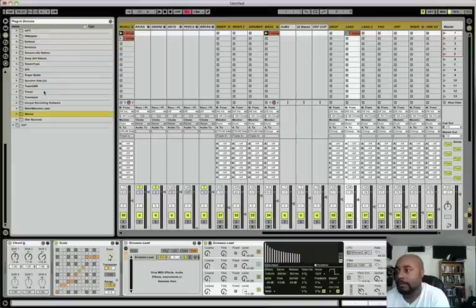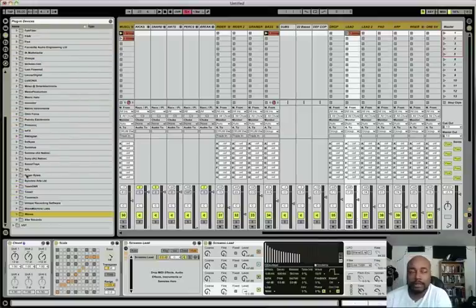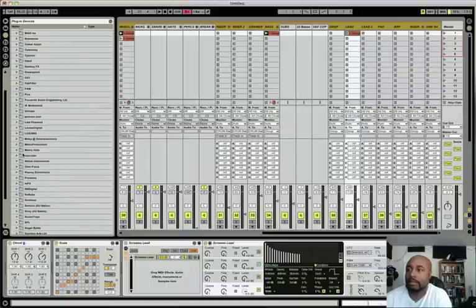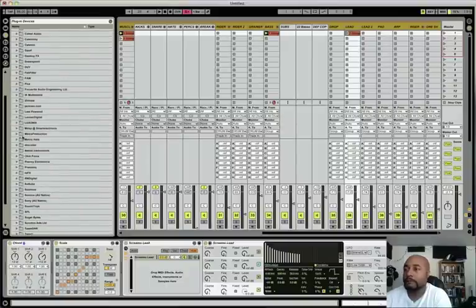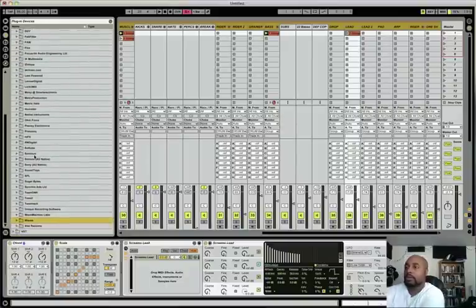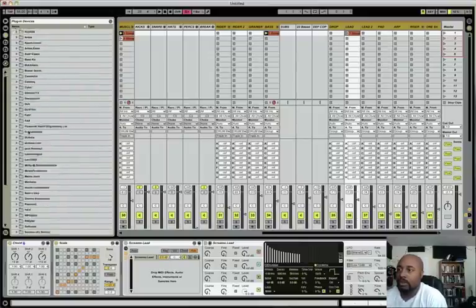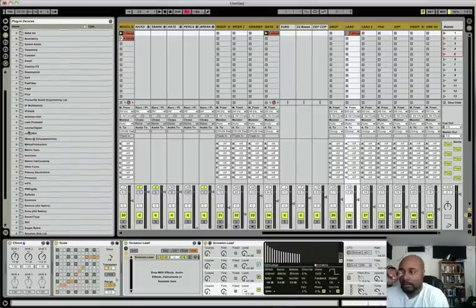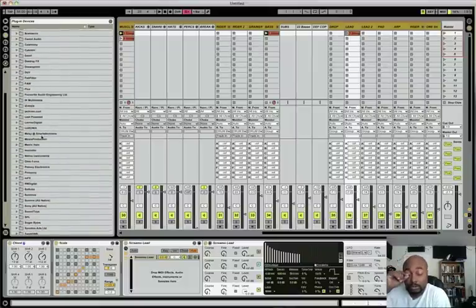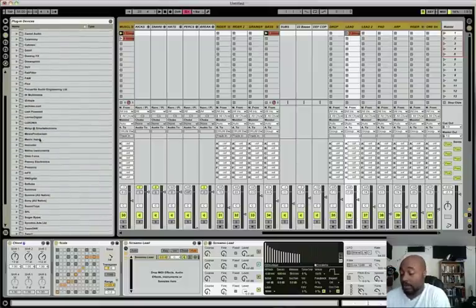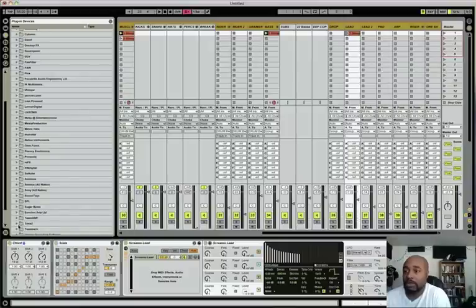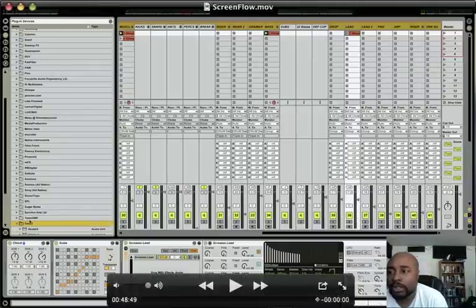I like the Silence. I love all the Contact. Contact is a monster, man. I do a lot of stuff in Contact also, just in those libraries. But here I'm looking for the Tone 2. I wasn't going to use the Silence on this one, but I decided to use a Tone 2. And even the MIDI notes that I copied over, there's the bass notes. If one thing you guys can pick up is what I'm using,